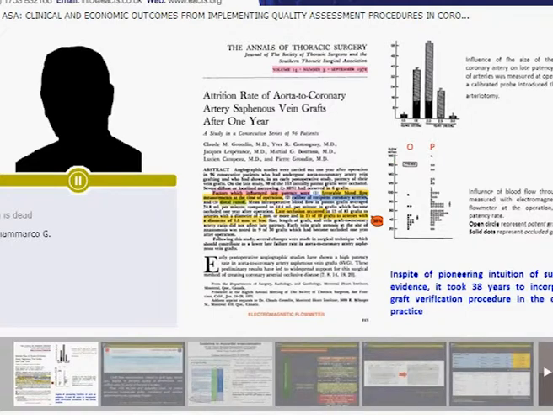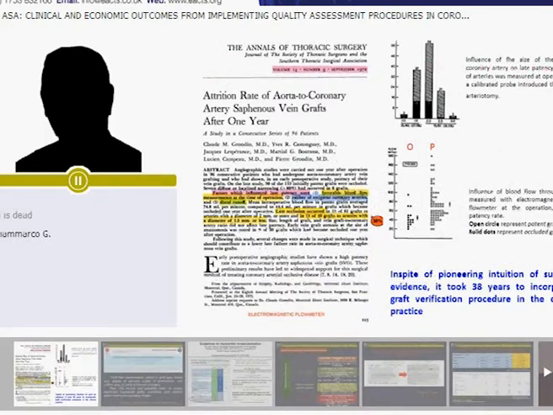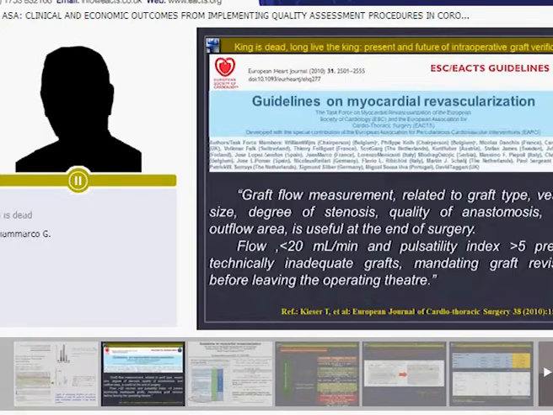But as you can read, it took 38 years to incorporate some procedure of intraoperative graft verification into the guidelines for coronary artery bypass surgery. It's surprising, but it's our fault, we surgeons. So in the last guidelines published in 2010, it is stated that graft flow measurement related to